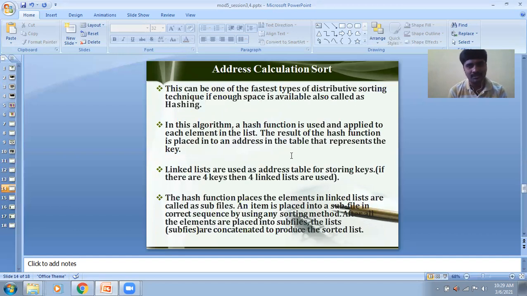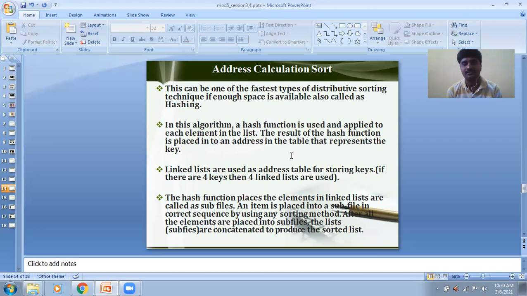Now we want to go for the third sorting algorithm technique, called address calculation sort. This can be one of the fastest types of distributive sorting technique if enough space is available, also called hashing. A hash function is applied to each element in the list. The result of the hash function is placed into the address in the table that represents the key. Linked lists are used as an address table for